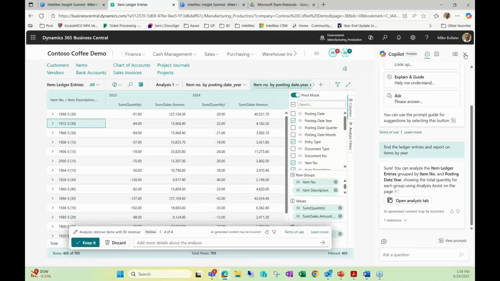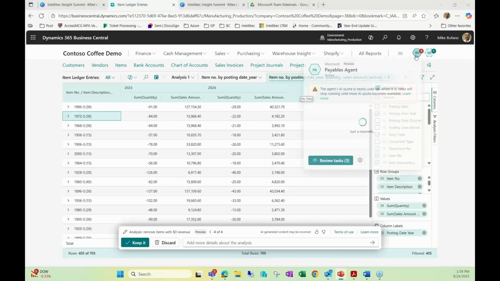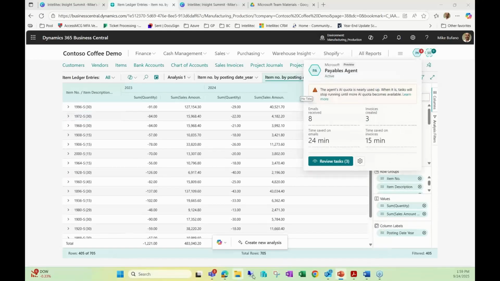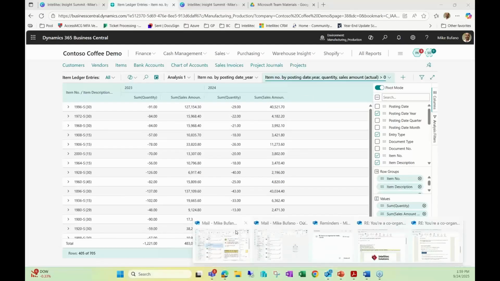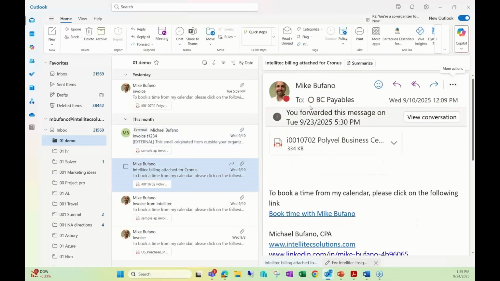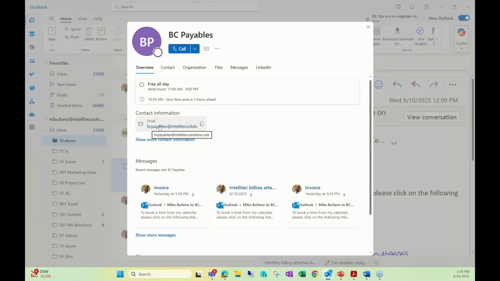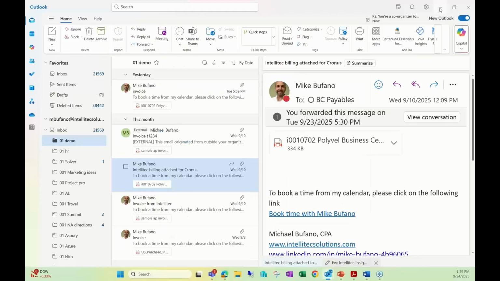We'll hide Copilot there. And now we're going to show an example of processing the agentic abilities. So up in the left-hand corner here, you see that I have a payables agent. What we have going on here is I am actually sending invoices to an email address called bcpayables@intellitechsolutions.com. And the agent is monitoring that location, and it'll read everything in there,